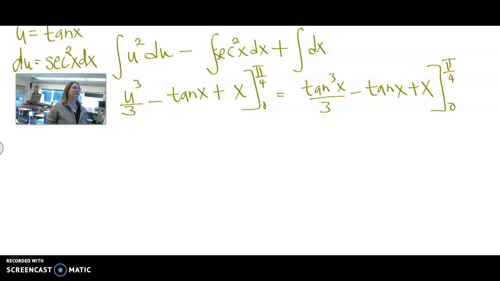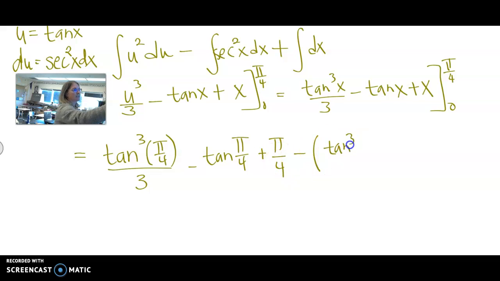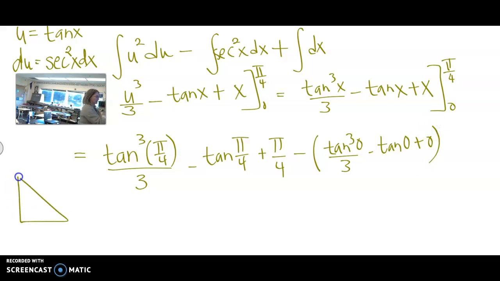Okay, and our last step here is we need to plug in our upper limit of integration, pi over 4, and we're going to subtract the lower limit of integration, 0. So be thinking about what the tangent of pi over 4 is equal to. And now I'm going to put 0 in here. What is the tangent of 0? Hopefully you know that. But the tangent of pi over 4, recall, is